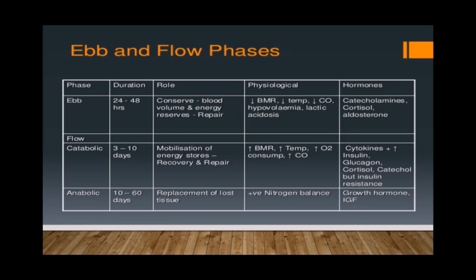catabolism. Anabolic phase, whose duration is 10 to 60 days after the injury, has the role of replacement of lost tissue. As we discussed, in the anabolic phase, anabolism occurs from small molecules. There is a buildup of large molecules or energy sources for the body. Physiological changes: positive nitrogen balance occurs, and hormones involved in the anabolic phase of the flow phase are growth hormone and